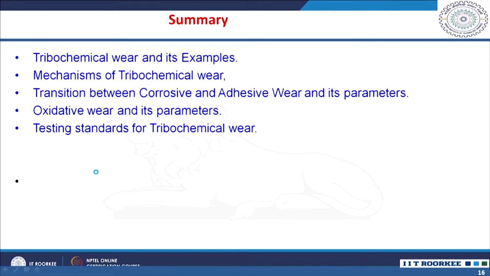In the coming case study classes, we will see several examples of materials subjected to such tribochemical wear conditions, and then we will understand the mechanisms involved in the material removal under those conditions. So, for a given class of materials, if the conditions of the wear are different, you will have a transition from abrasive or adhesive wear to tribochemical wear. We will also see whether this tribochemical wear is beneficial in reducing friction and wear, or it is detrimental for wear and friction in coming classes.